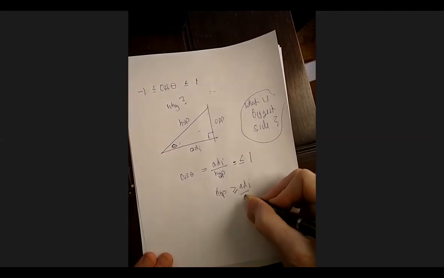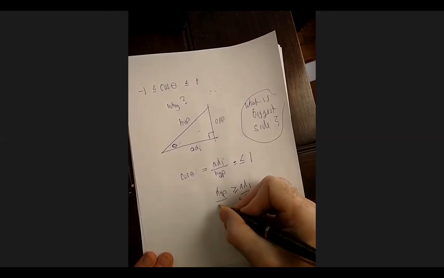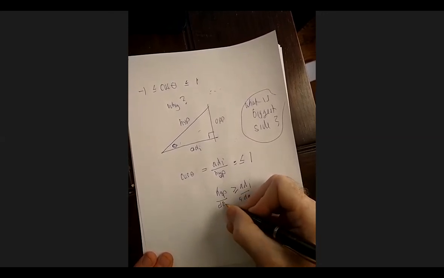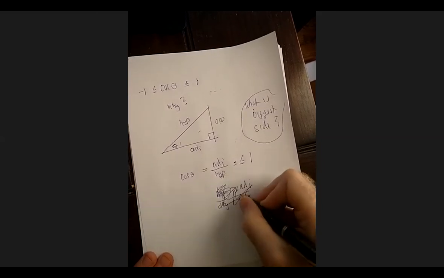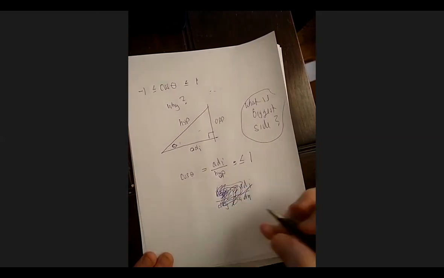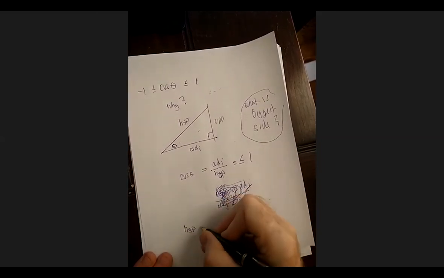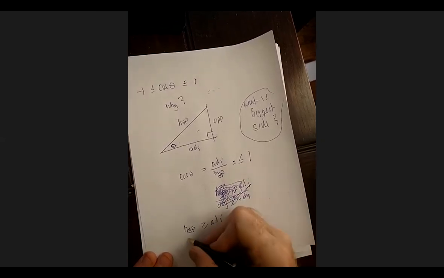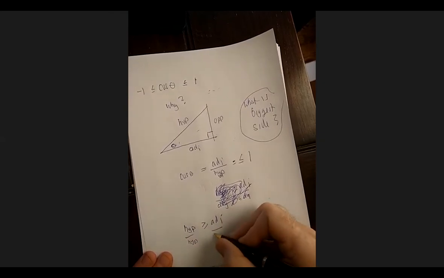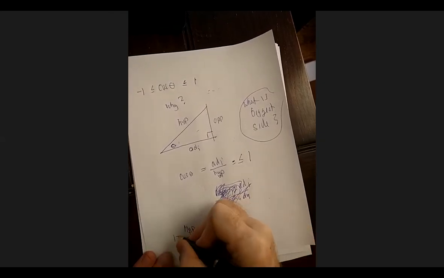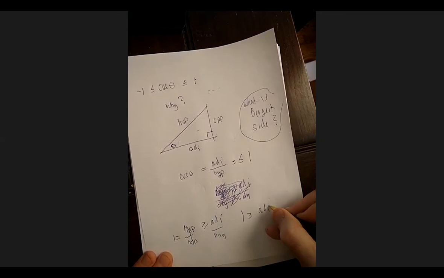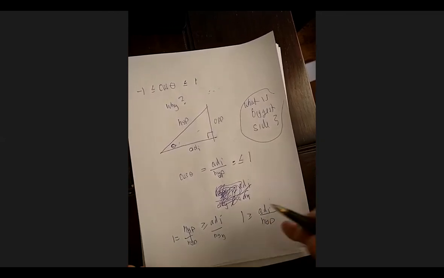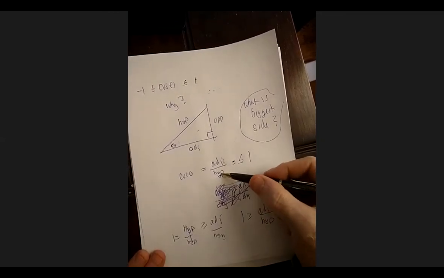If we divide both sides by adjacent, sorry, I made that overcomplicated. Let's try that again. If I divide both sides by the hypotenuse, that cancels and is equal to 1. So in some ways, it makes intuitive sense that this is going to be bigger than this, so this ratio has to be less than or equal to 1. But this is a way to see it algebraically.